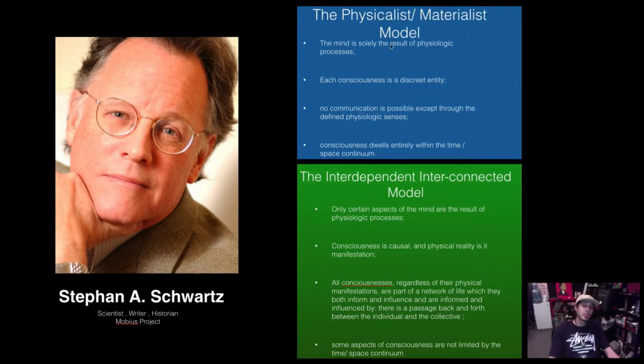And the main premises of this belief are: the mind is solely the result of physiologic processes. So biological, physiological processes have created your experience in your mind. Each consciousness is a discrete entity. That's to say, everything is separate from each other and discrete. No communication is possible except through the defined physiologic senses. And that's the whole idea that only the physical five senses can communicate information. And consciousness dwells entirely within the time-space continuum. So there's this whole idea of time and space, and in the physicalist materialist model, our minds are within that continuum of time and space,